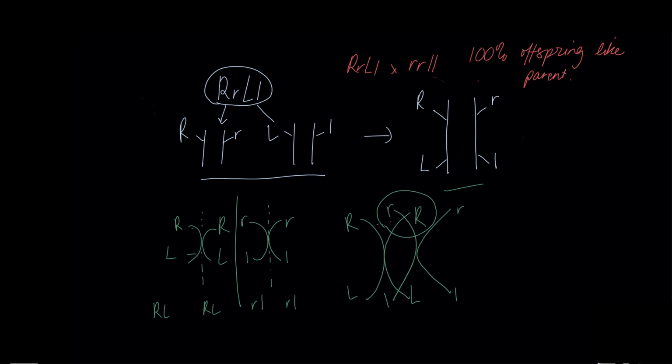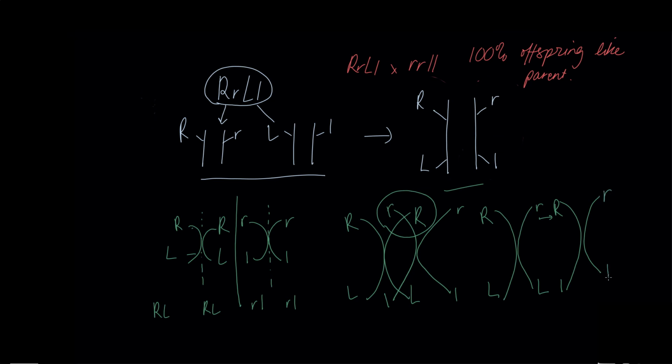Okay, so the big R here is going to swap with the little r here, just the alleles are swapped. And so the chromosomes end up looking like this. Big R, big L. This won't cross over here, and then we get little r there. And then the other one is going to look like big R, so these are basically swapped over. Little l,